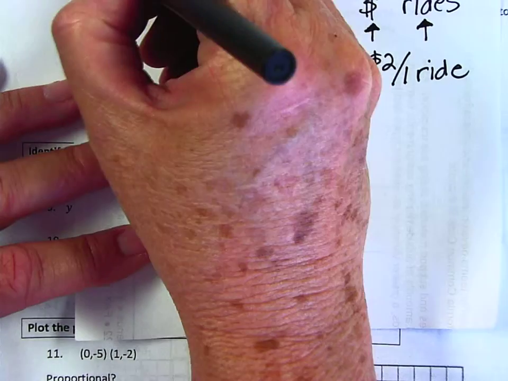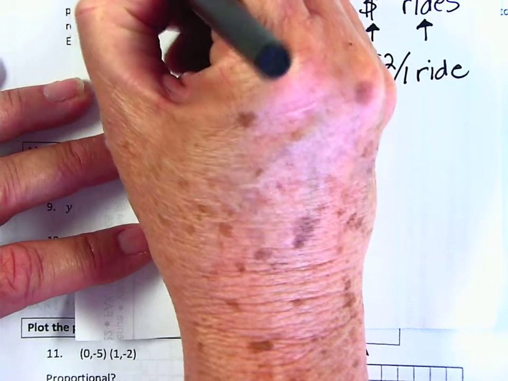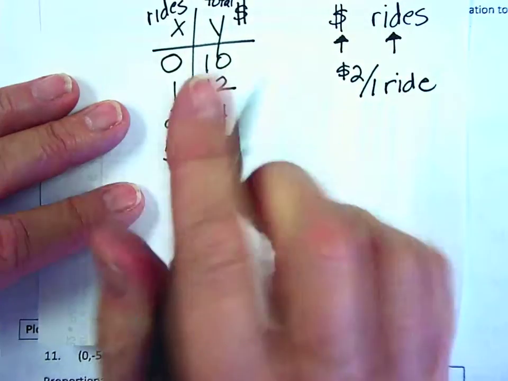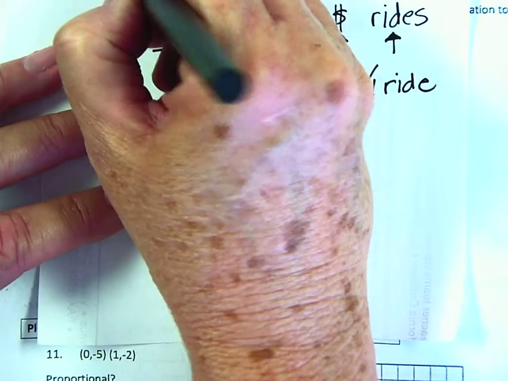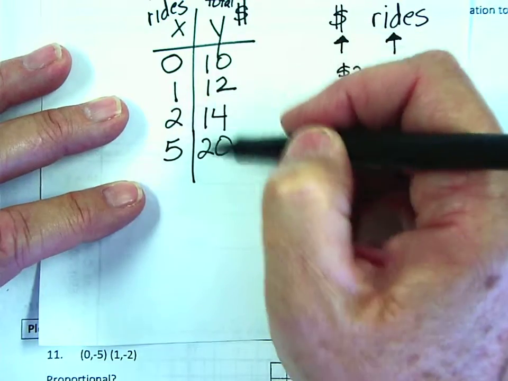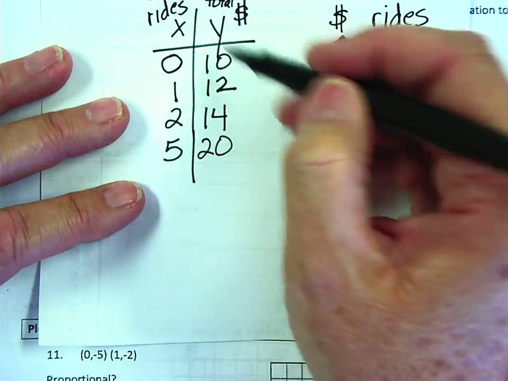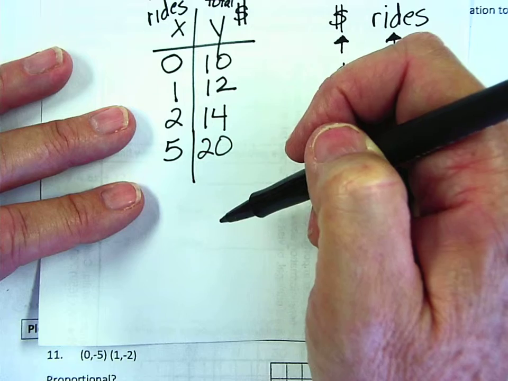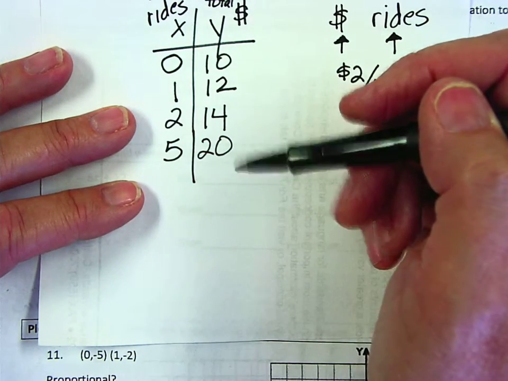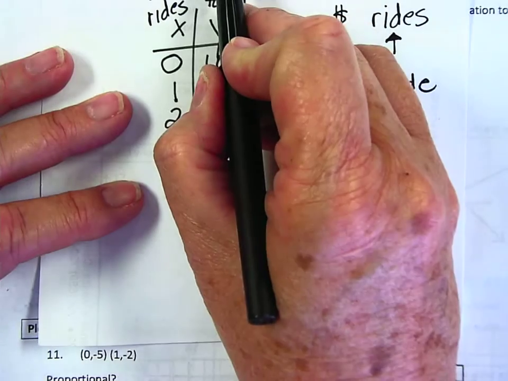Y equals mx plus b is the form we're going to use. It's a slope-intercept form of a linear equation. The x and y values are going to vary. As you can see here, x and y can be a lot of different things. But slope is the change. It's my unit rate. $2